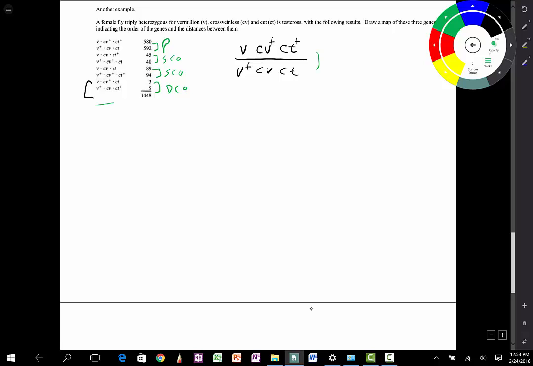If the CV's switch sides, then the CV plus will come down to the bottom, and we would have V plus CV plus together and CT together. So it would be plus plus CT, just CT by itself. And that's this guy up here, so that's not it. So if CT switches sides, now CV plus will be by itself. So if we had a double crossover,